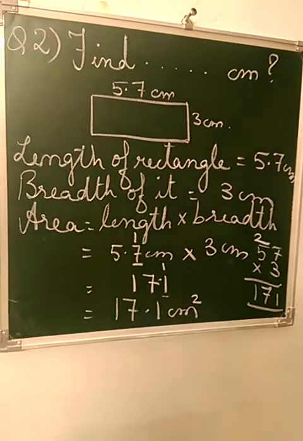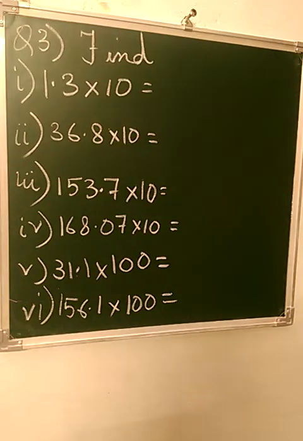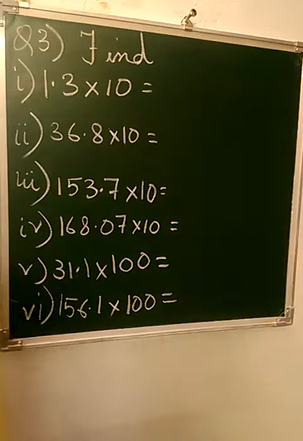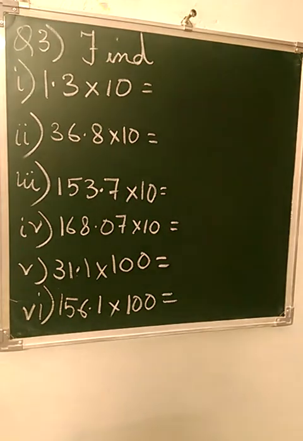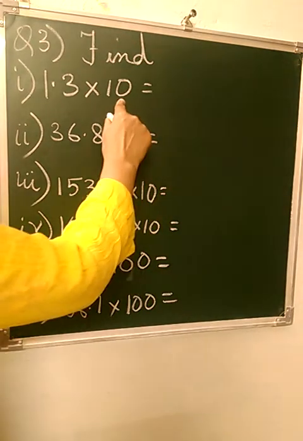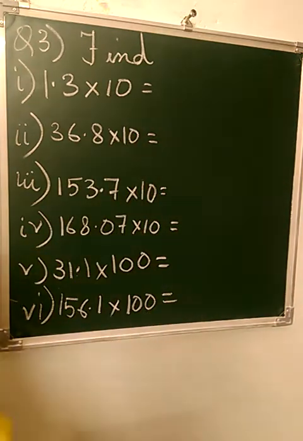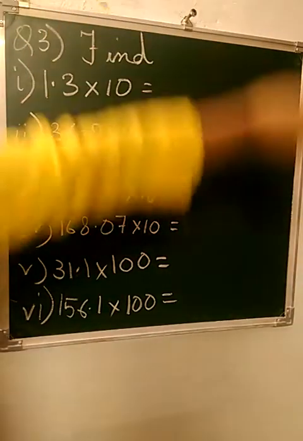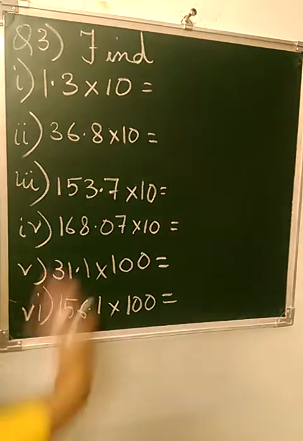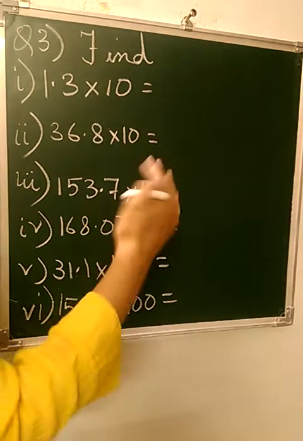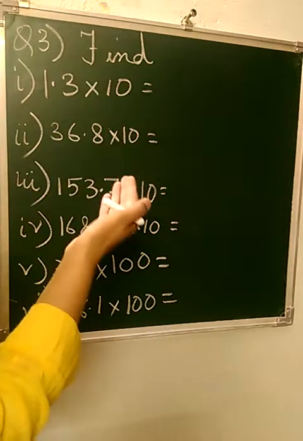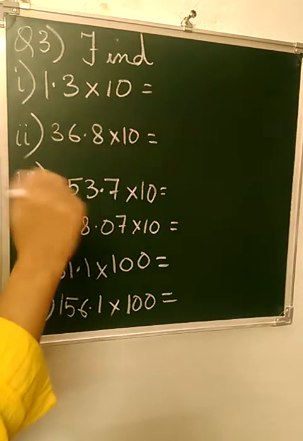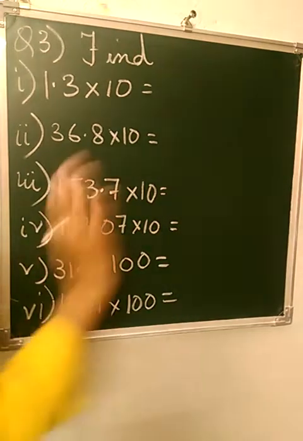Okay. Starting with question number 3, children. It is the same way how we did the try these. When a number is multiplied by 10, 100 or 1000, then the decimal shifts according to the number of zeros along with the ones, and that too towards the right side. As it is when we were multiplying simple numbers also, we were shifting the decimals. Okay.